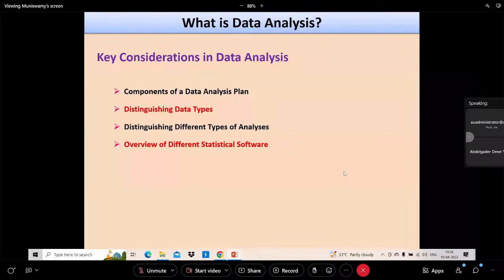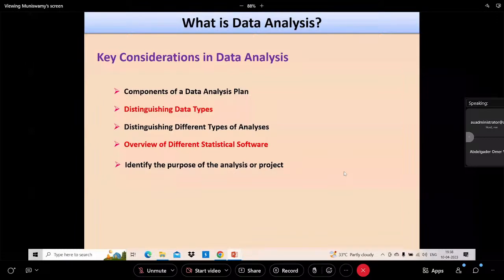Next, identify the purpose of the analysis or project. This is very, very important, right? So you are doing a group project. Generally, in a group, one or two members are involved more, and many people just attend and submit the research project. No. Each and every group member has to identify the purpose of the analysis or